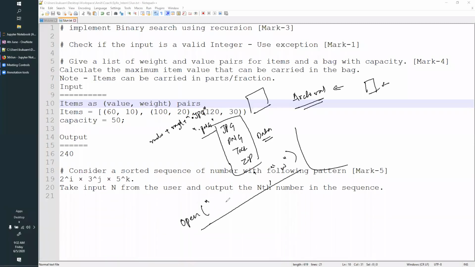Now give open and give the file name or the path location of that file name. As we were discussing yesterday, whenever you are opening a file, you must close it. So just open the file, create an empty file with 0 bytes, that is also fine. Nothing inside that file, just a blank file with just a name. The moment you use this command open, it will create a file for you, and then close the file. That's it. Just do this in a loop so that it generates multiple files for you: jpg, png, txt, and zip files, all cluttered in one folder. Now that is one piece of your code.